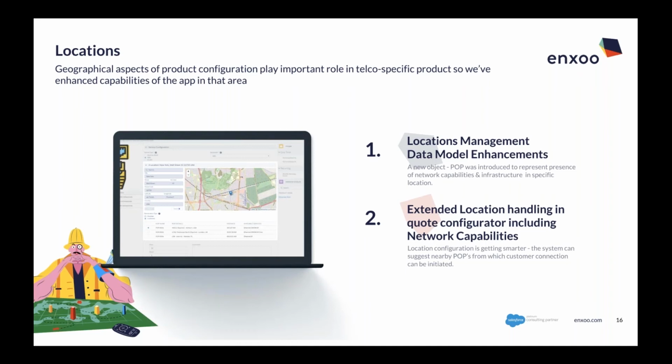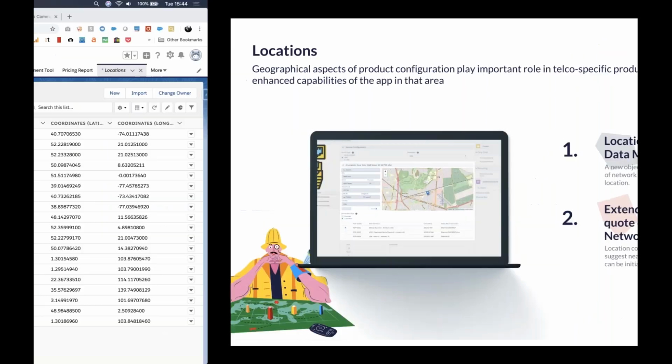This kind of high-level overview will allow salespeople to configure the products and to see what the network capabilities are, what they can sell and what they cannot sell actually. And in order to do it, a first step for us is something that we call a point of presence